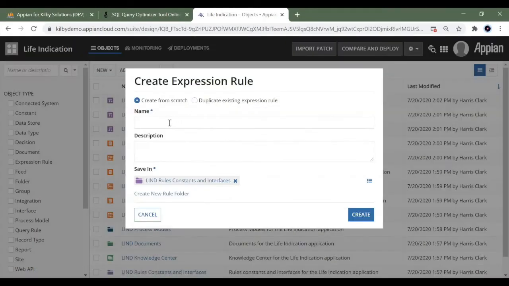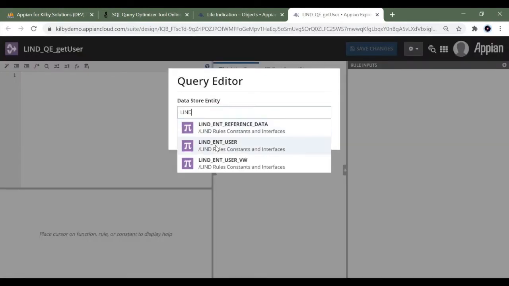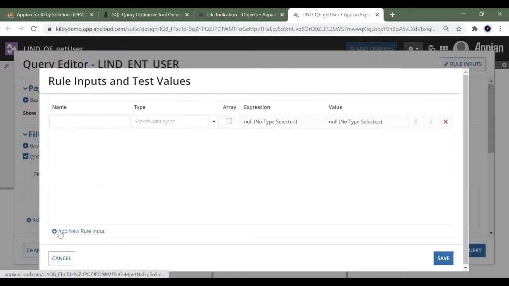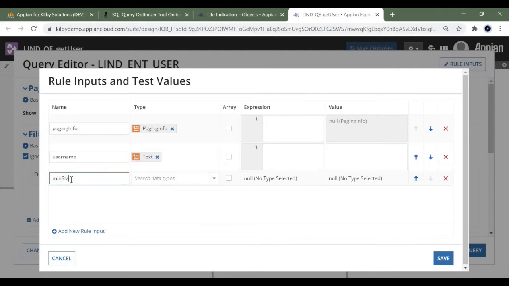Now that we've created the constants, we'll start creating query expressions for each of the data types that we've created. A query expression is simply an expression that we build out to be able to pull information from the database. So in this circumstance, we are creating a query expression that when we call it will pull all users out of the database that satisfy the